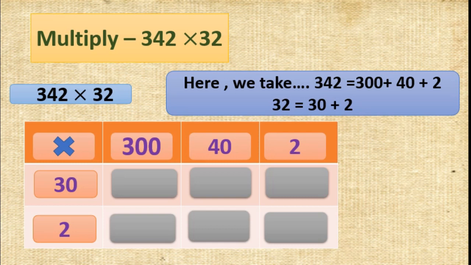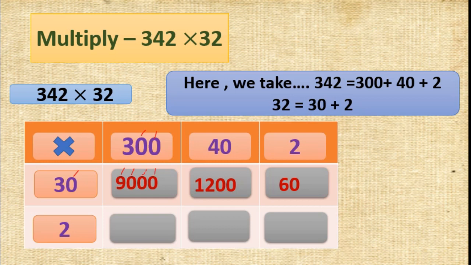Okay, we will start first with 30 multiplied by 2. That is, 3 2s are 6, means 60, isn't it? Now 30 multiplied by 40, that is 3 4s are 12 and 2 more zeros, that is 1,200. Here 3 3s are 9 and 3 more zeros, that is 9,000, isn't it? Now see here, 3 3s are 9, correct? Now this has 1 zero and 2 zeros, that is 3 zeros. So here we will give 3 zeros.